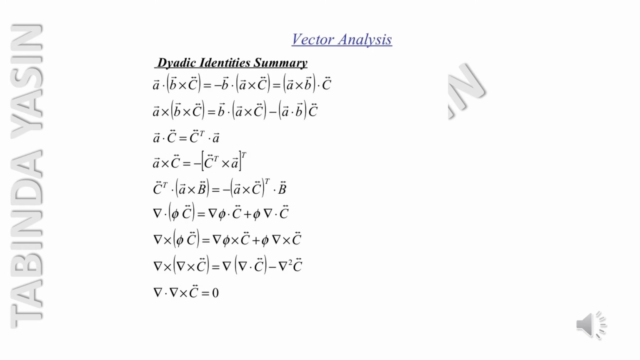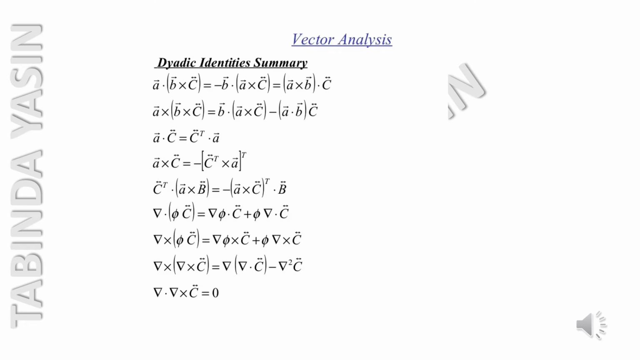Cross c dyadic is equal to minus into c dyadic transpose cross a, into whole transpose. c dyadic transpose dot a cross b dyadic is equal to minus into a cross c dyadic whole transpose dot b dyadic. del dot into phi c dyadic, that is a scalar quantity, that is grad phi dot c dyadic plus phi del dot c dyadic. del cross into phi c dyadic is equal to del phi cross c dyadic plus phi del cross c dyadic,